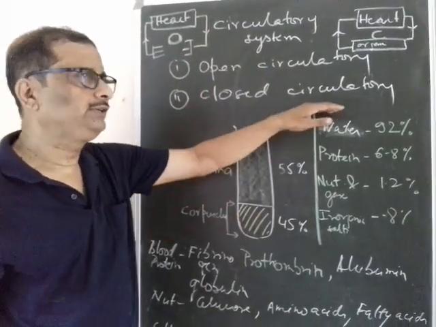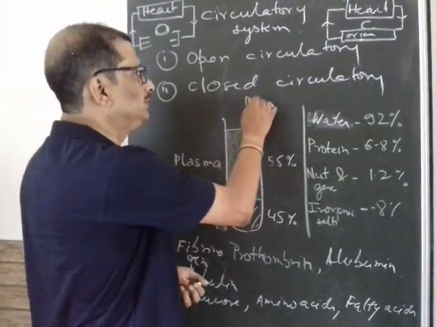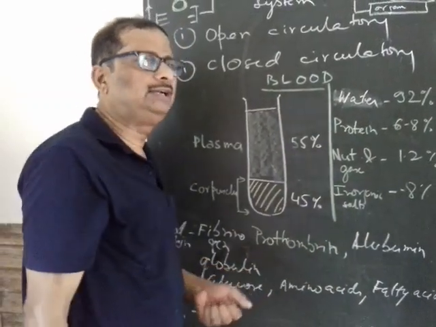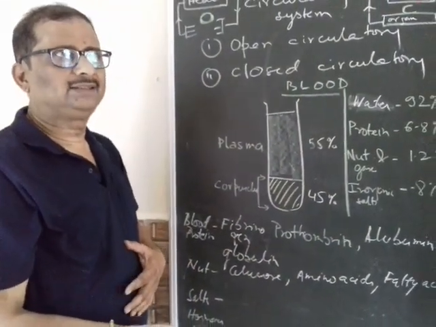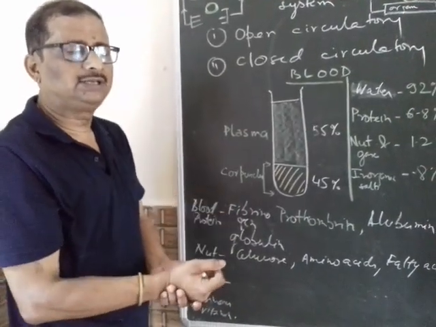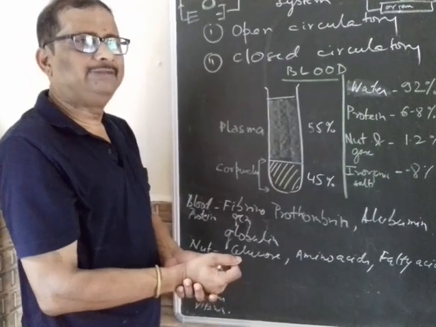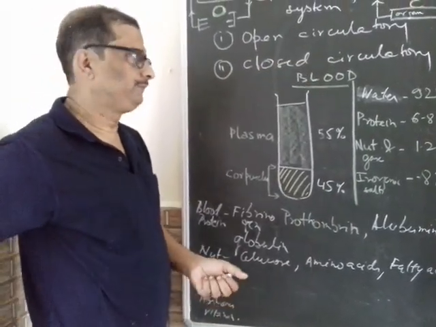Now we are going to study a little bit about the blood, which is one of the most important tissue fluids. We have to study about blood vessels, the structure of the heart, the blood vessels going towards the heart and coming out of the heart, and we have to know about the lymph and also about the blood itself.